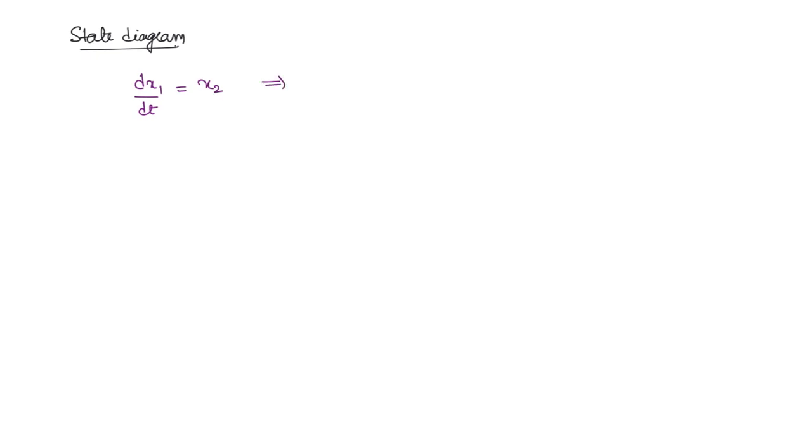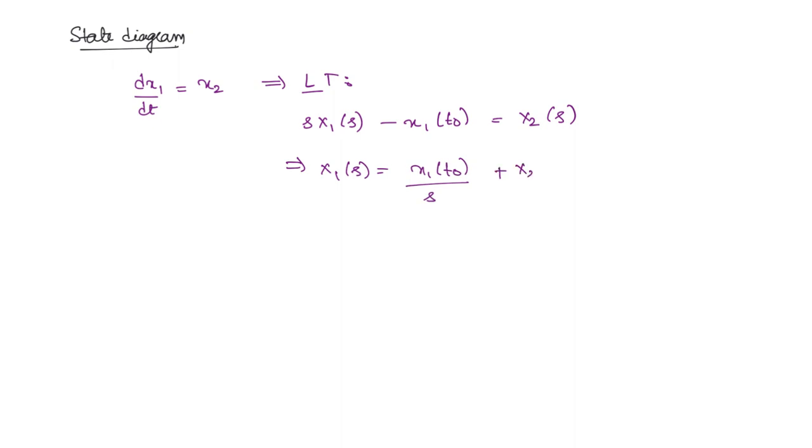Now if you apply the Laplace transform, then what will you get? s times x1(s) minus the initial value x1(t0) is going to be equal to x2(s). So from here you can write x1(s) as x1(t0)/s plus x2(s)/s. Okay, so if you represent it in terms of the signal flow graph, then